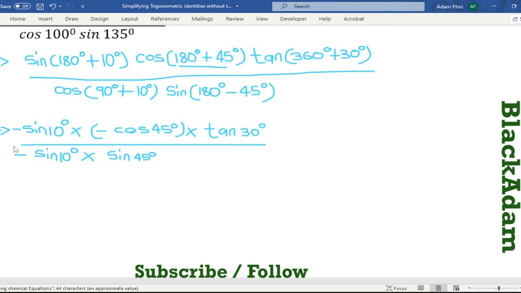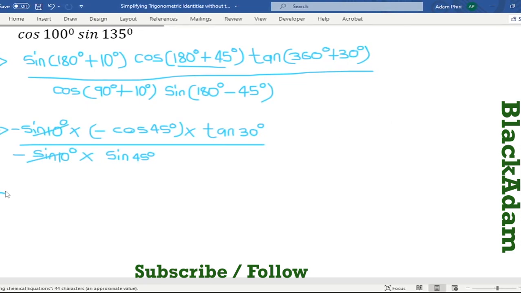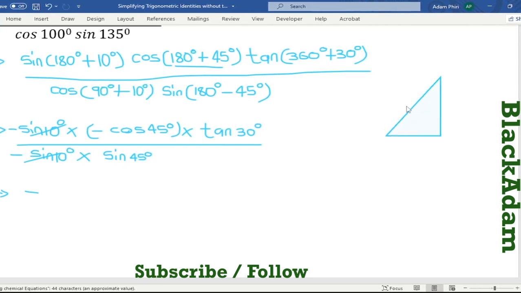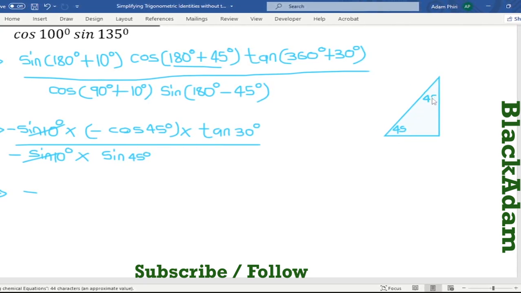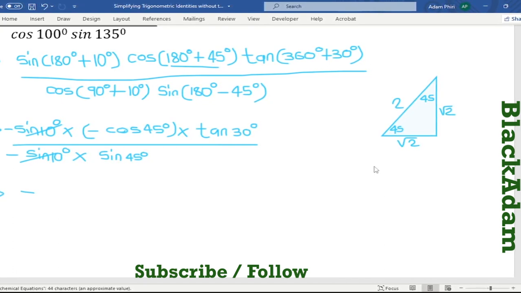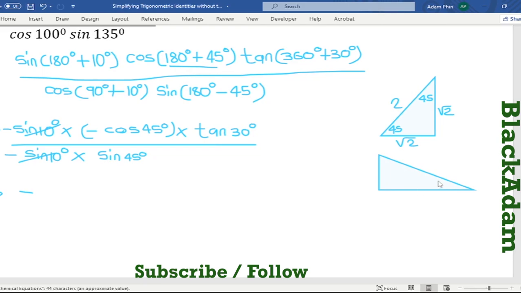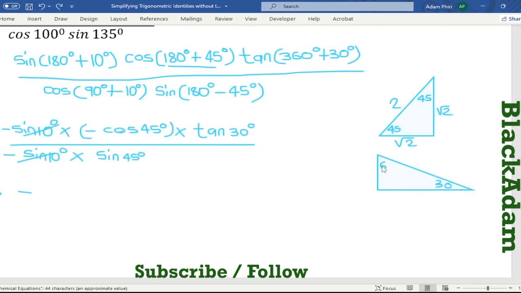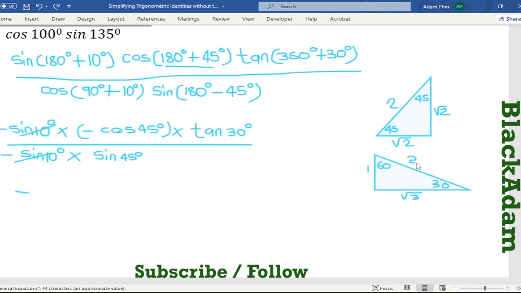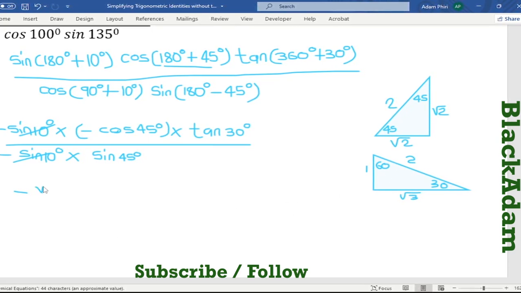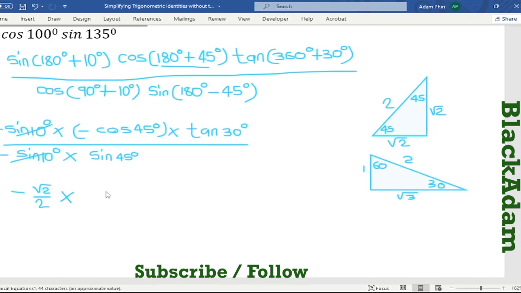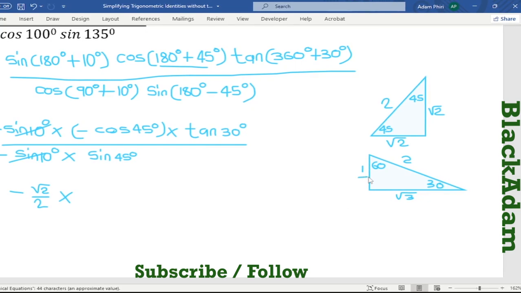so that is gonna be sine 45 degrees, positive, so that cancels that, so we have negative. Draw a special angle there: we have root 2 there, so that means we are going to have another one for 45 degrees. And for 30 degrees, 60 degrees, we have 1 there, and the root 3. So minus cos 45 degrees is going to be root 2 over 2 multiplied by tan 30 degrees is